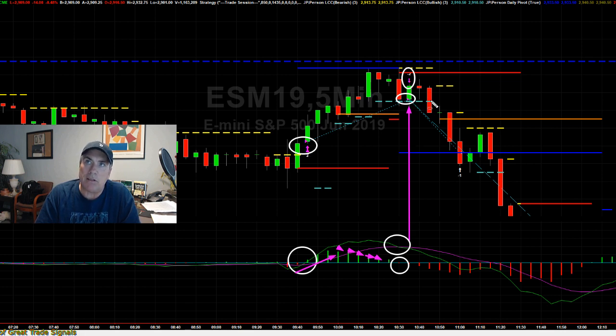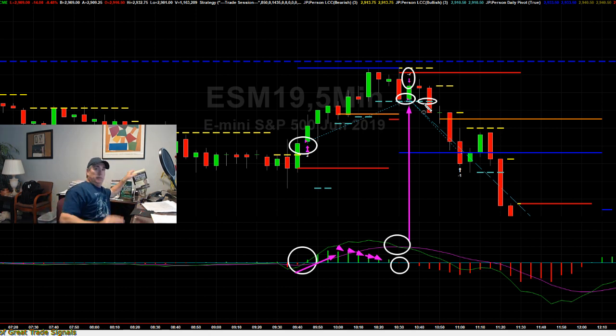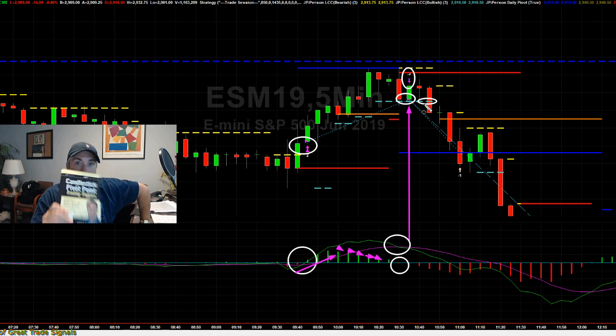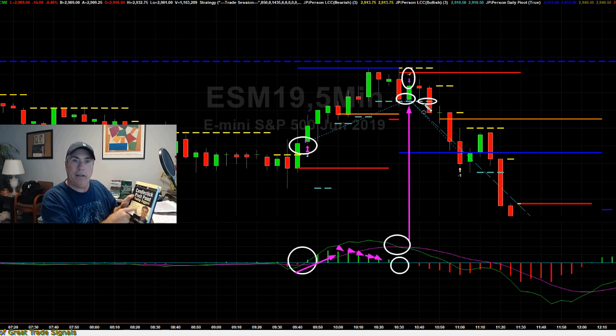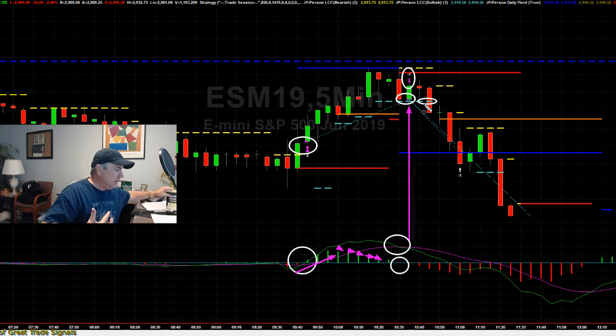Next, as we closed below the dotted white line, that's a last conditional change. That is a specific indication or an observation that I wrote about in a book 15 years ago, the last conditional change, LCC. And that came out of this book. So a lot of stuff that people read in this book 15 years ago that maybe they didn't find or it skipped over it, I would say go get that book and reread it,